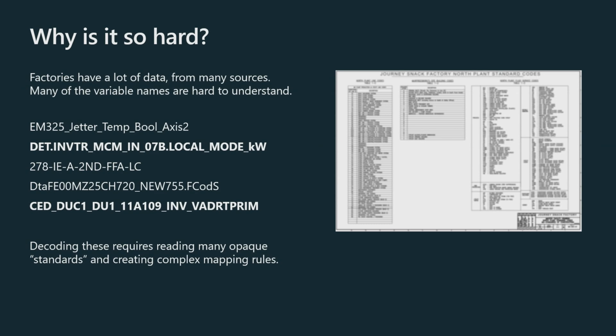And even just to decode these names, the other big quiz is, I guess it ended up bolded already. I hit the button 20 times. But can you guess which two of these variables are actually measuring exactly the same thing, just at two different facilities? And that is the second one, which starts with the DET INVTR, and the very last one, the CED DUC, and so on and so forth. Those are actually the same measurement. You would never guess that just by looking at it. And so that's the sort of problem that we're trying to solve when we're creating these standards.